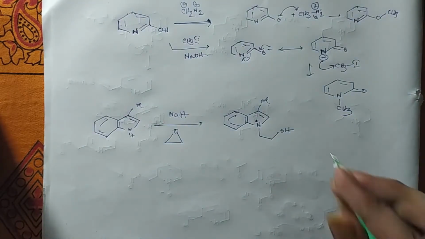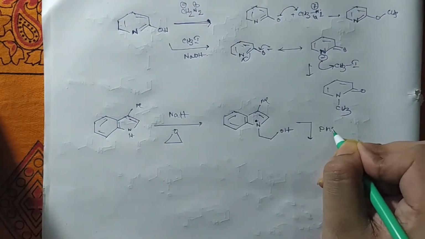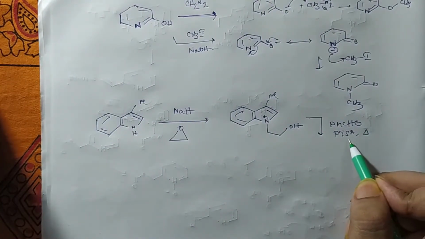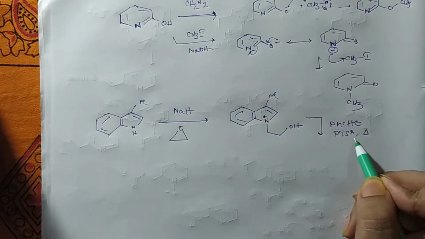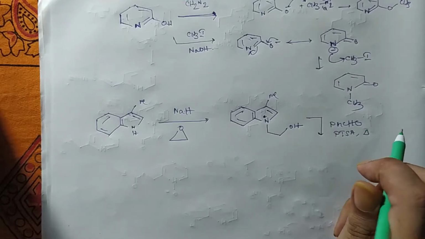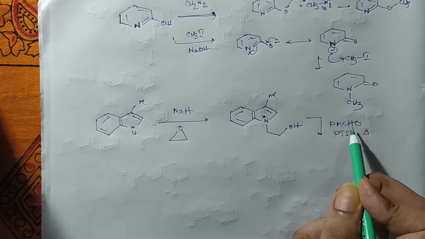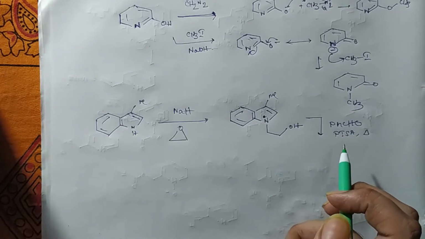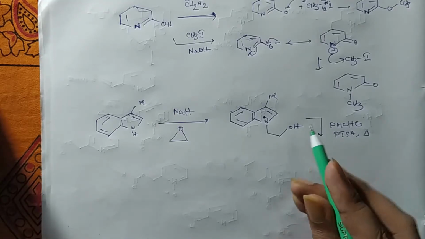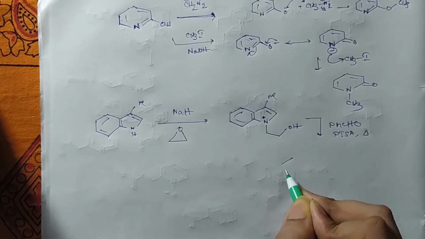After that, the second reagent is benzaldehyde and PTSA, para-toluene sulfonic acid, which is a proton donor and acts as a catalyst which gives proton, and heat. So now what happens, the alcohol reacts with the carbonyl of the benzaldehyde, creating an acetal linkage, where the H plus, liberated from the PTSA, acts as a catalyst. So we will get